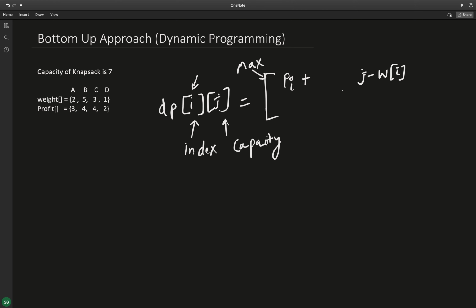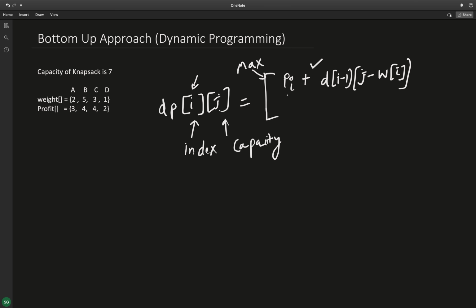So this will be p i plus dp of i minus 1 and j minus w i, and this is when I'm considering the item at ith index.